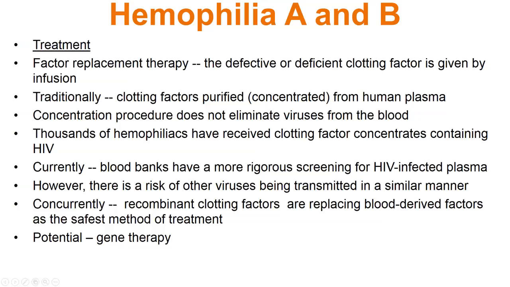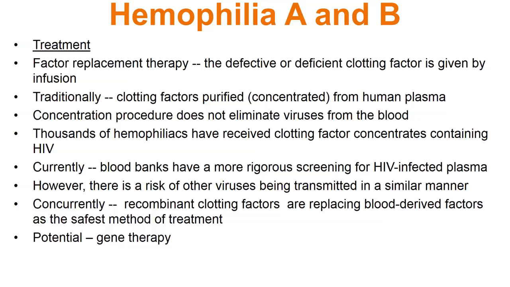So this is where you're actually going to give the person the defective factor so they don't have these prolonged bleeding episodes. And traditionally, these clotting factors were actually purified from human plasma. Okay? So you can actually get human plasma and purify these clotting factors out. The problem is this purification scheme. Now, when we say purification, anybody who's worked in a lab knows when we purify something, we're basically just concentrating it. You never really make it pure. Okay,